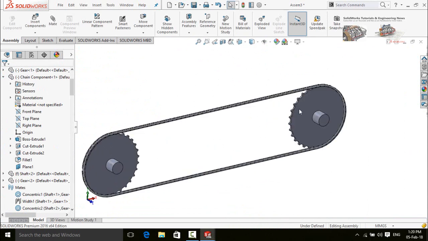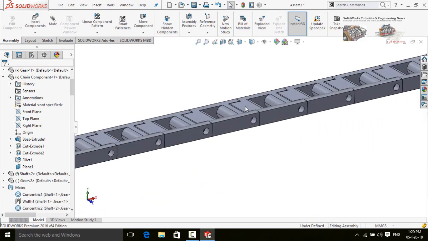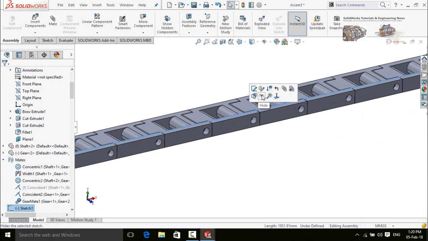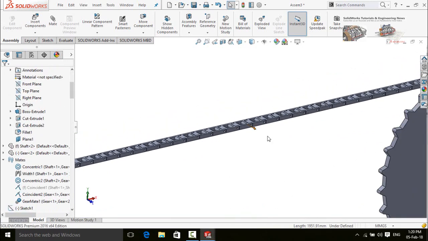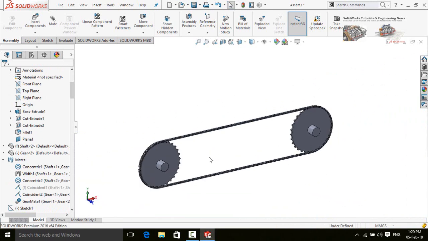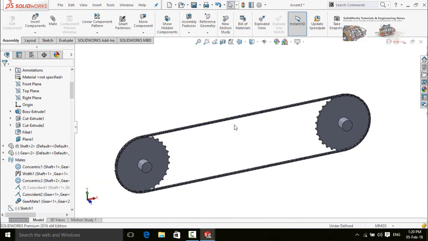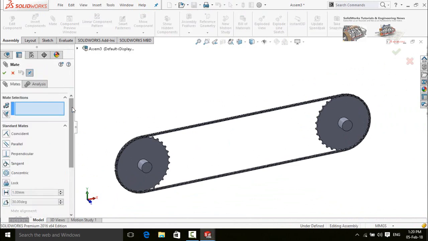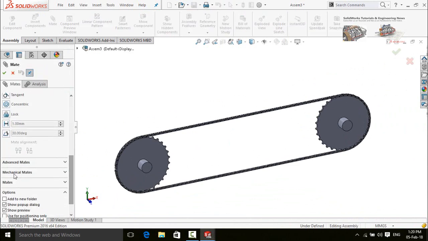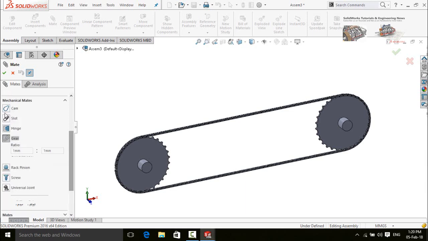Now it's time to make the gear mate of this gear with the chain. First of all we have to hide the sketch which was our path. Now click on mate command again, scroll down and then select mechanical mates, then select gear.